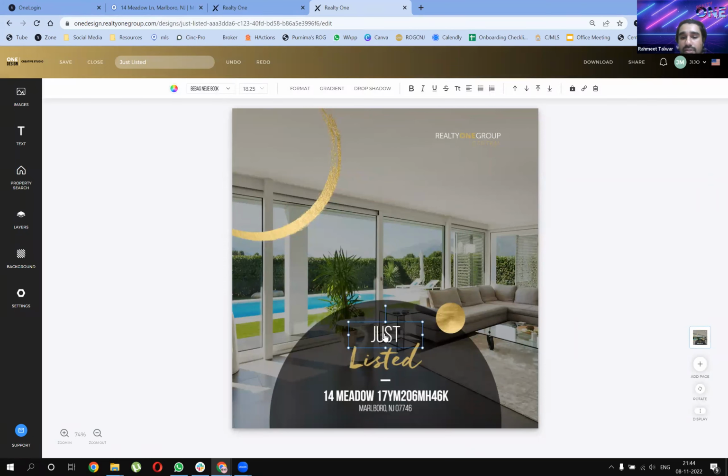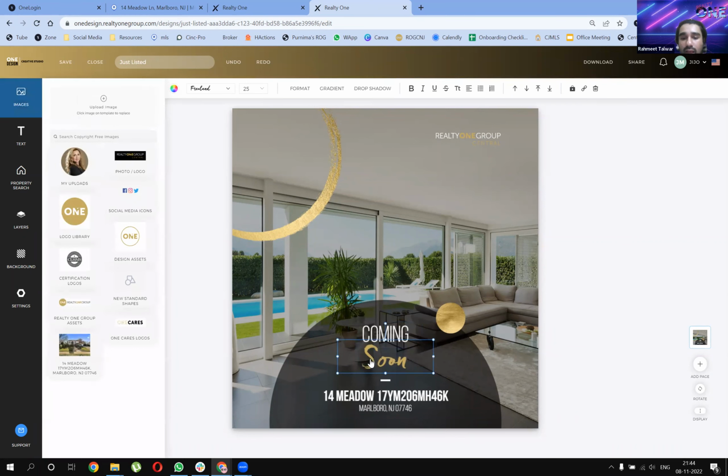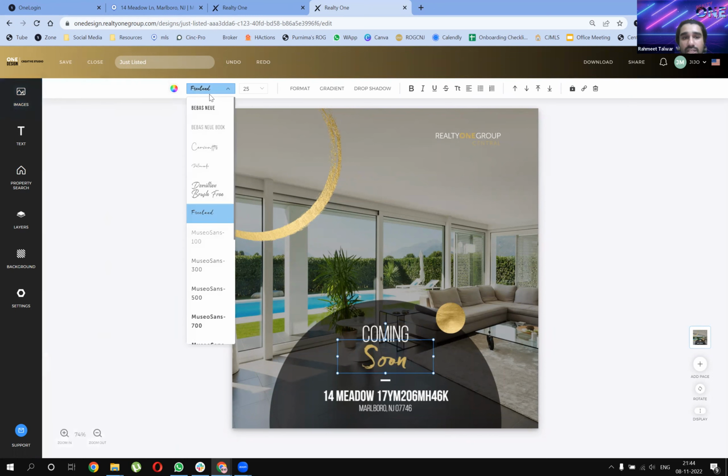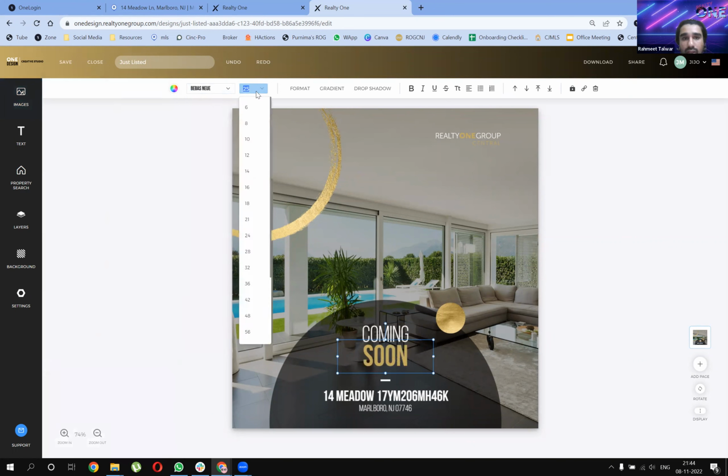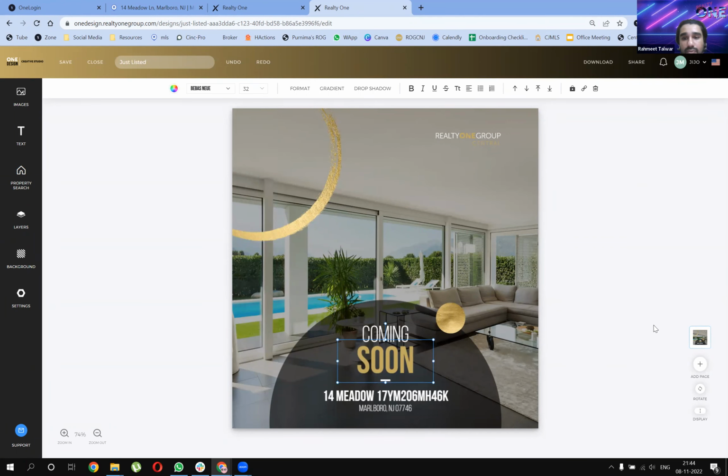So obviously this is coming soon. So I'm going to click on this and make it coming soon. And let's say I don't like this font here because everything else is bold. So I can change that by clicking the font, and I can change it to that one. Then I can increase the size. Right now it's 25. Let's make it 32. So you can change the font. You can